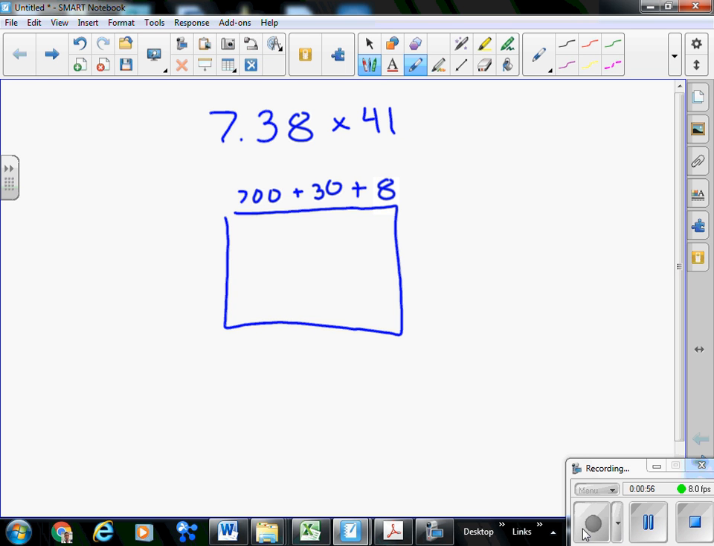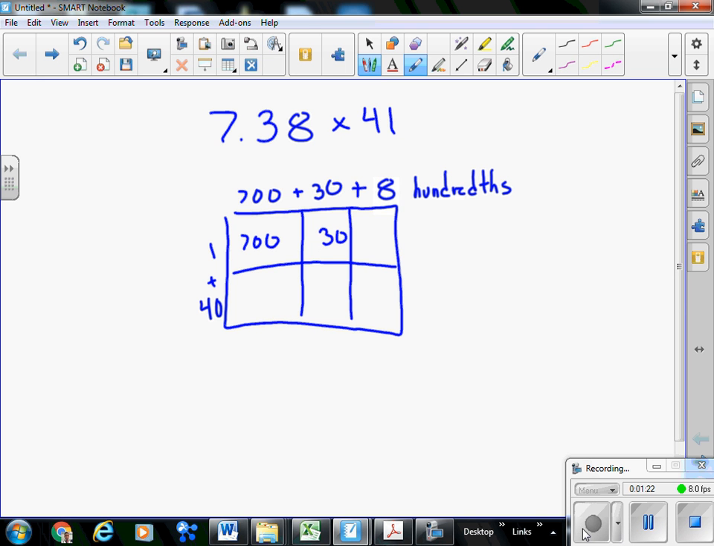Second one we have is 41. That's going to be split up into 40 plus 1. And since this is 738 hundredths, we do need to put the hundredths at the end of it. Okay, split it up. And the board is a little off today. It's going to be one of those days. So we have